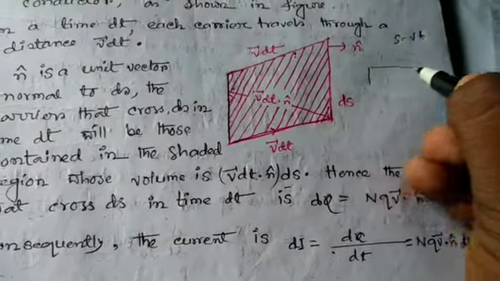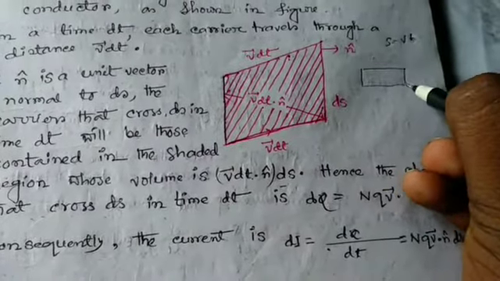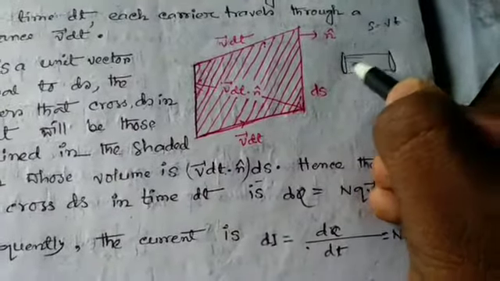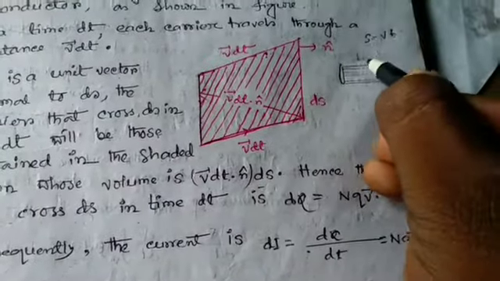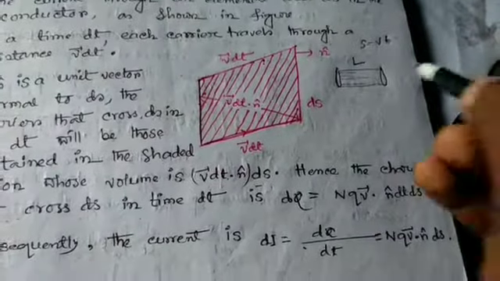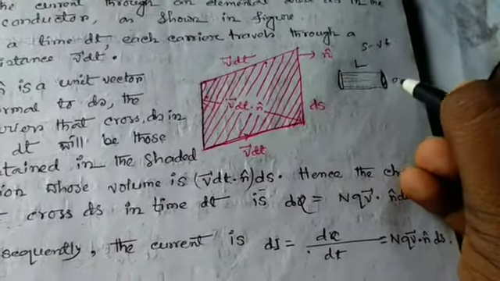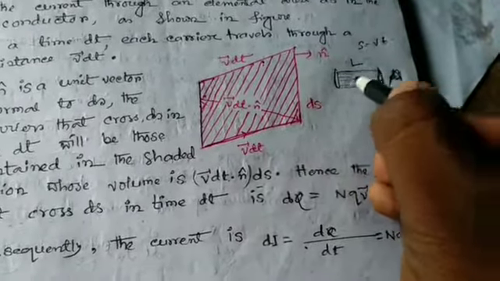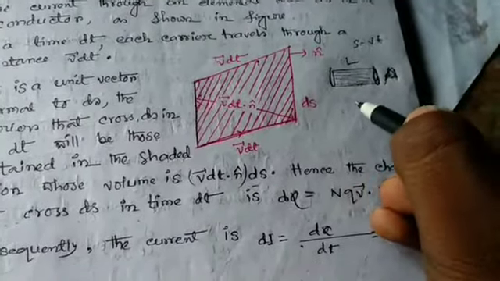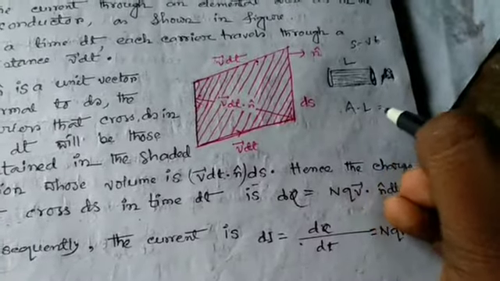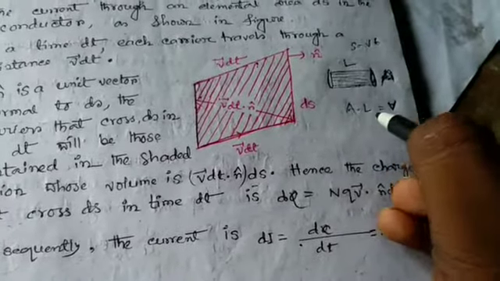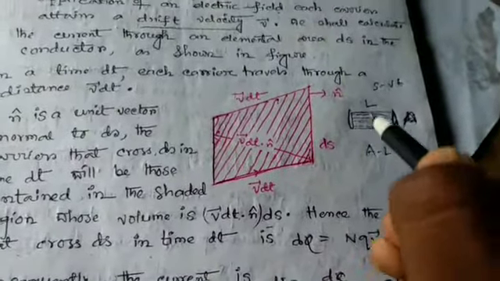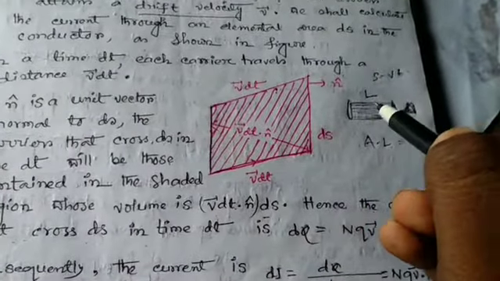Let us see it simply. This is a tube. Suppose the length is L and the area is A. So what would be the volume? Volume would be A into L equals V. Area into length equals volume. This is the volume. So now let us assume